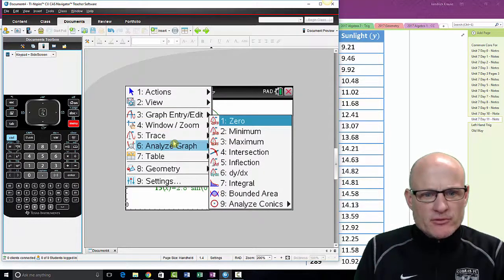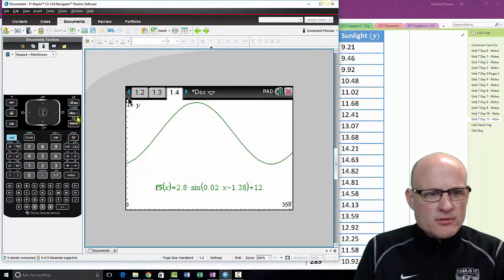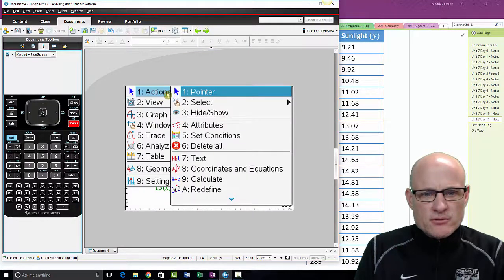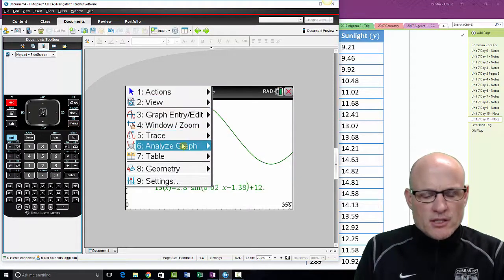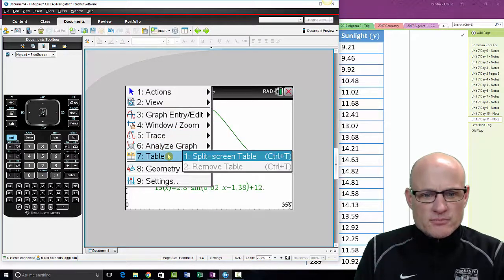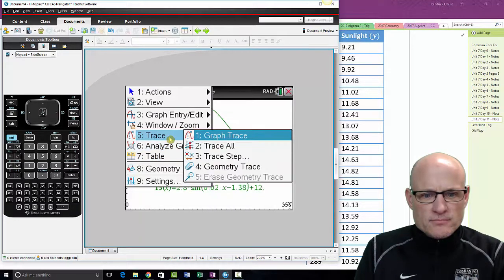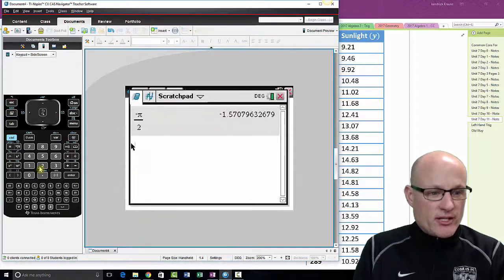Used to be able to. Menu. Analyze graph, calculate, no, table. Well, whatever. The easiest way to do it is just come over here and take 280,